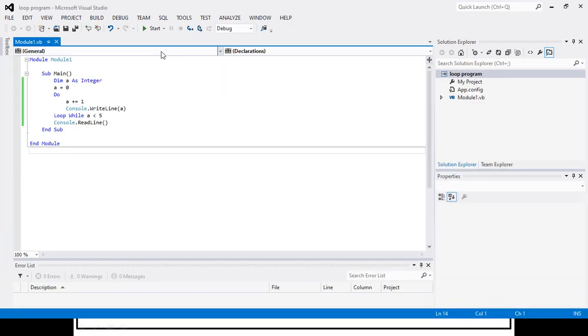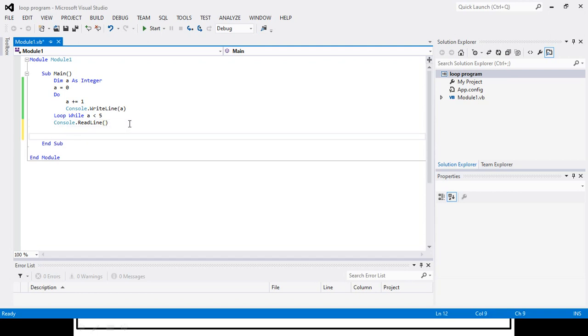Okay, now we will perform another program to display all the even numbers from 1 to 50. For that I will write the code and declare again one counter variable.